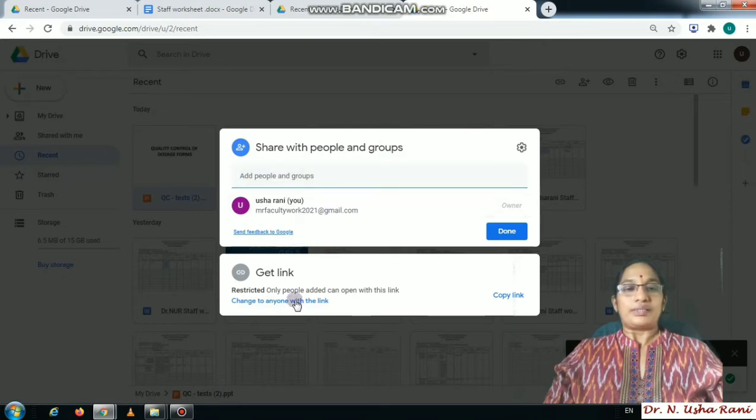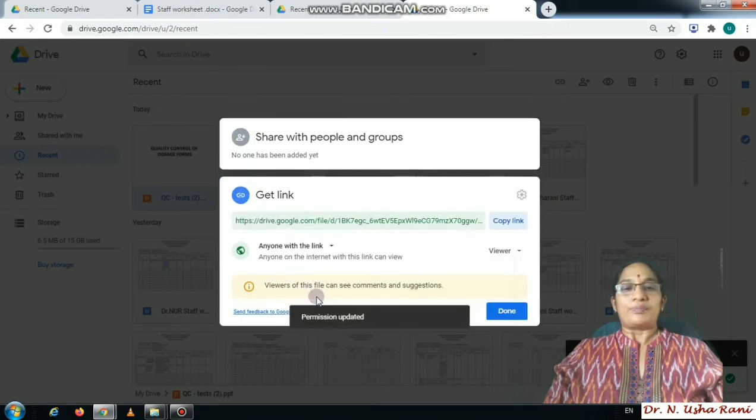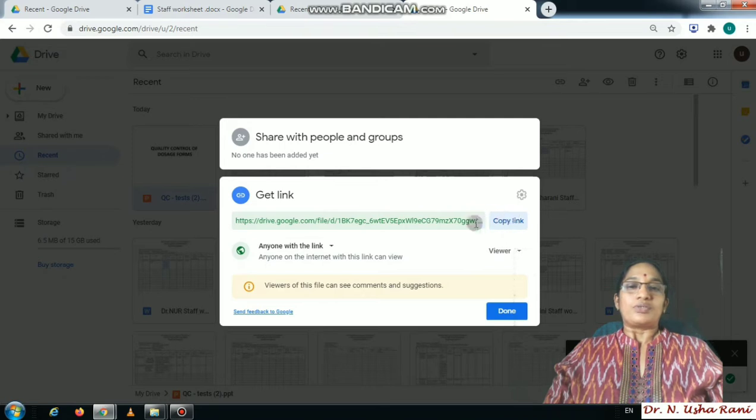And also you can see in the bottom of this window, restricted, only people added can open this link. So it is your choice whether you want only restricted people to open your PowerPoint or anyone with the link can open the PowerPoint. Let me say anyone with the link can open the PowerPoint. So that is the choice I made. That means whoever has the link of my PowerPoint can view it in their mobile or PC or whatever it is. So you can also see here copy link. So you can copy this link